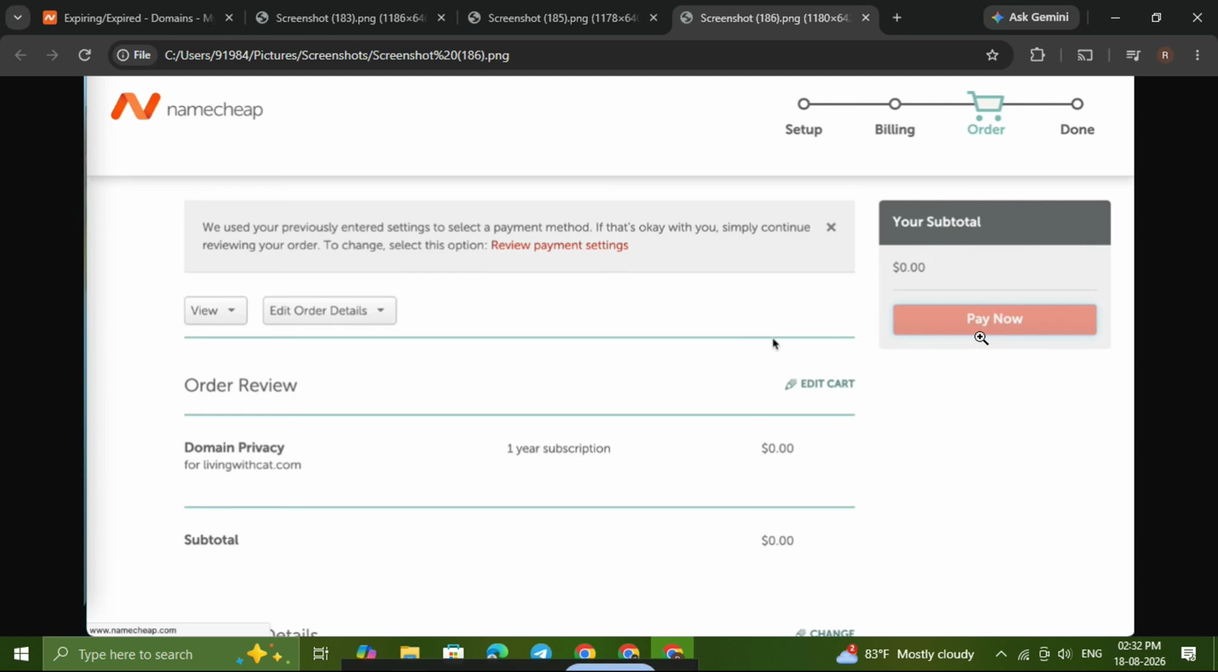That's it. You've now manually renewed expiring domain privacy with Namecheap. It's a quick process once you know where to look, and it can save you from losing an important privacy